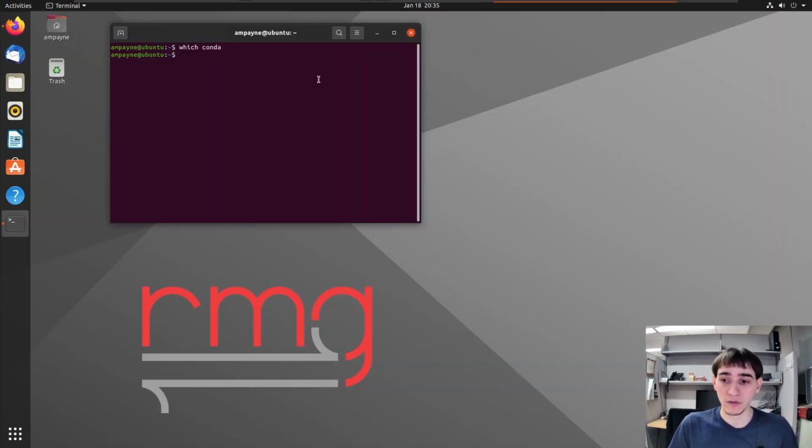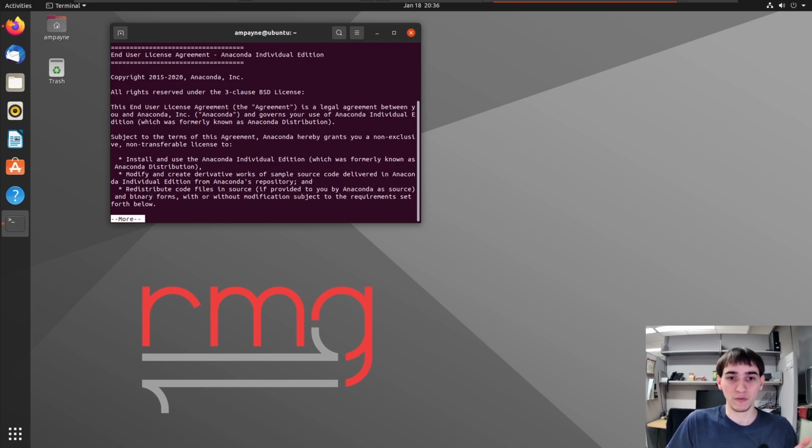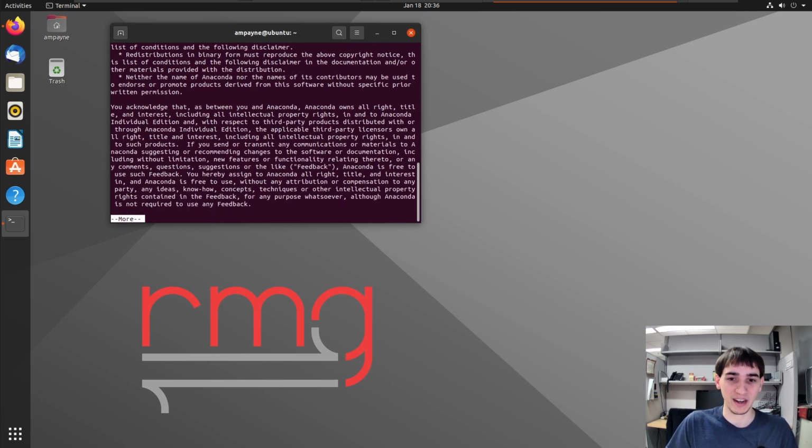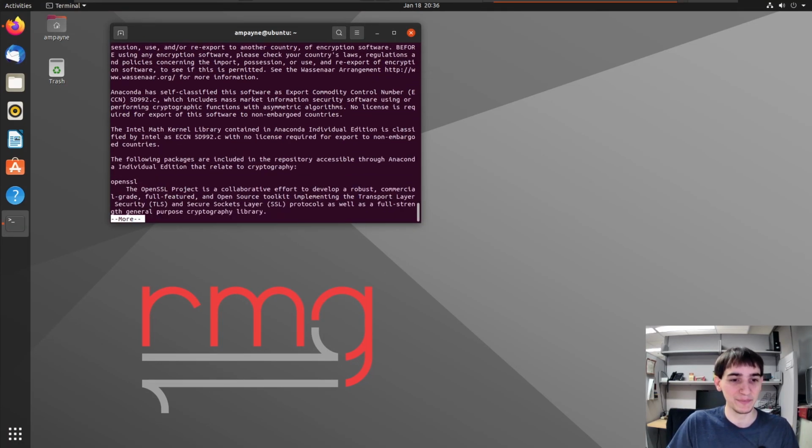Once that's done, you need to run the script that we just downloaded, which on Linux goes to your downloads folder. The way that you can execute that is bash, and then the path to wherever that script just landed. It's okay that we're executing it from the downloads folder. It'll install it somewhere else, so don't worry about moving it. When you hit enter, it's going to ask you to read the license agreement, and you can read it while you're doing installation. Since I've done it before, I'll just go ahead and skip to the end